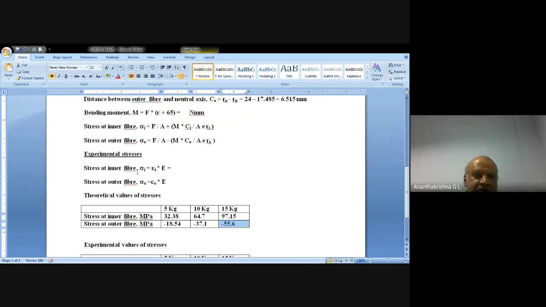Okay, so stress at inner fiber is epsilon at inner fiber into Young's modulus. Strain at outer fiber and Young's modulus product will give you stress at outer fiber. Are you all there with me? Yes, sir. Please calculate the stresses at inner and outer fibers. Simple. Multiply that strain into 10 power minus 6 into Young's modulus, and it will give you stress at inner fiber and outer fiber. Give me the values quicker.